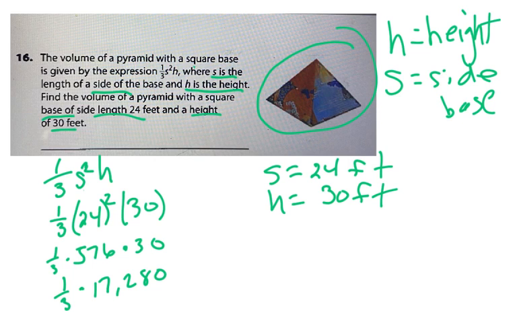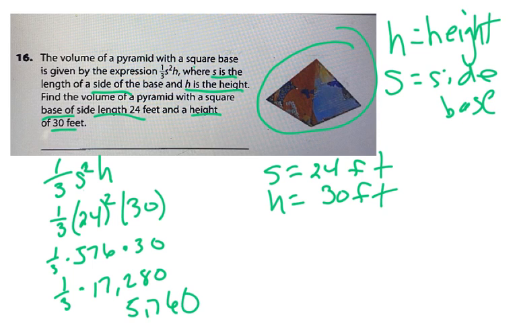So at this point, what you should be thinking, multiplying by 1/3 is the same thing as dividing by 3. So you could take your 17,280 and divide that by 3. Or in your calculator, you could take 1 divided by 3 and turn that into a decimal, which is 0.333333 forever. And then multiply that by 17,280. That's what I did. And then you're going to get